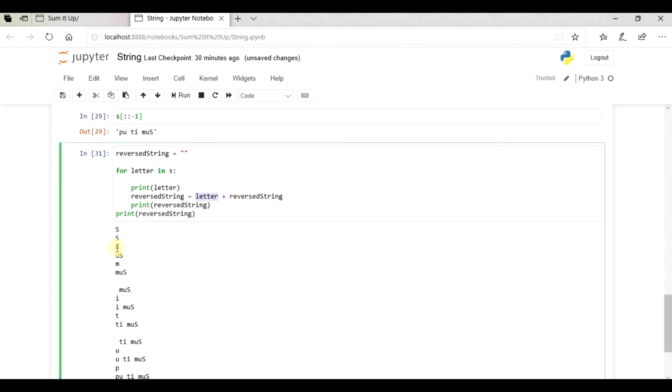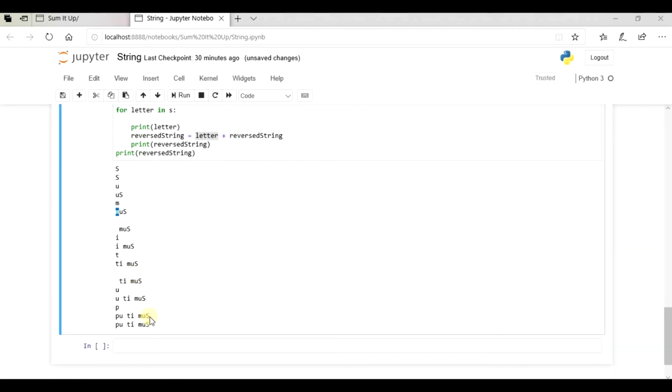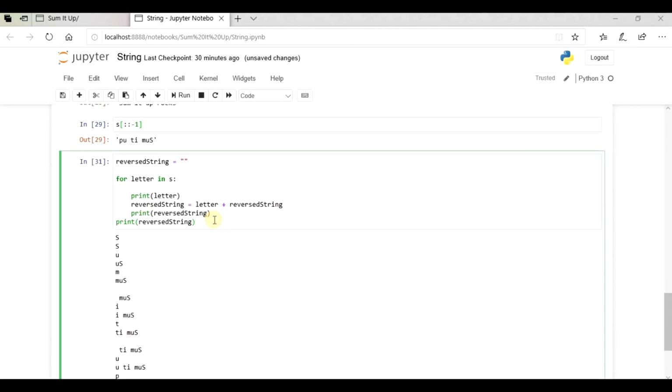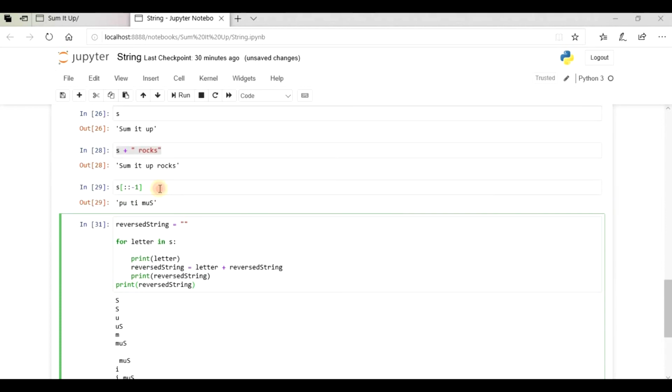This letter is u and this reverse string is s, so it will add u plus s, it will be us, correct? Similarly again, letter will have the value m, so it will add m plus us. It will go on until this string is reversed. So this is how you can do it using normal logic, and not with this.